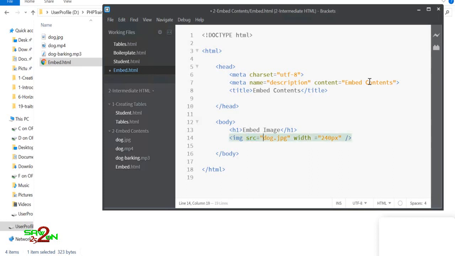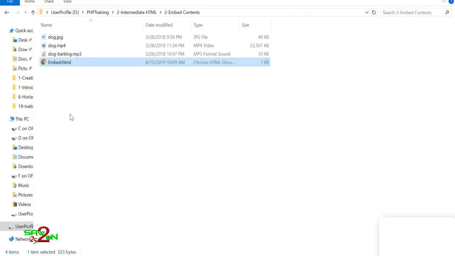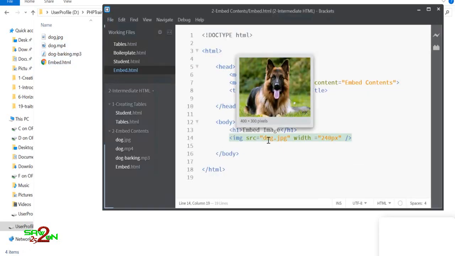src is an attribute using which you can mention the file name. You can even mention the file name from some site, like www.xyz.com/ and so on, and then it will pull those resources from the internet and display them on your page. If you don't mention a path, it will search for that file inside the same local folder and embed it into your HTML page. All right, that's a doc image.